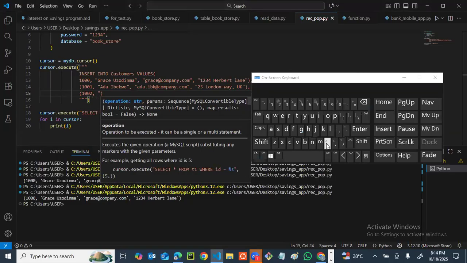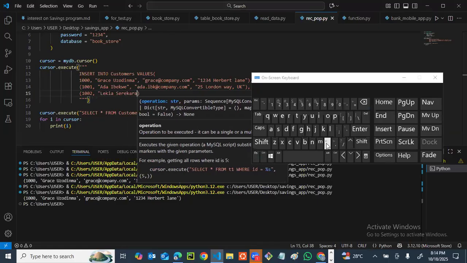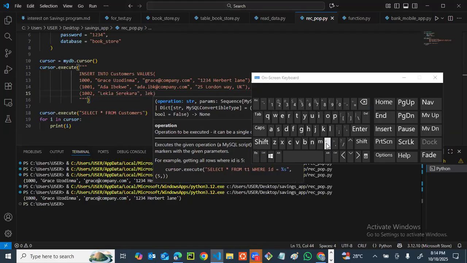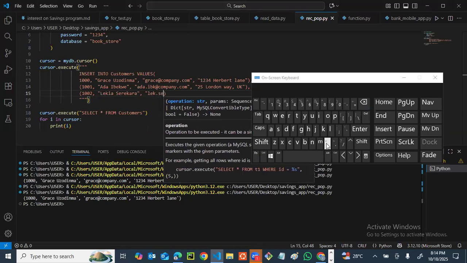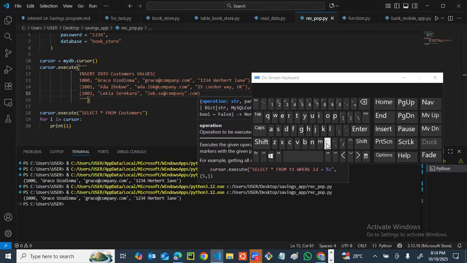His name is Lekia Serekara. Then we can say his email address is lek.se at company.com. Then his address is